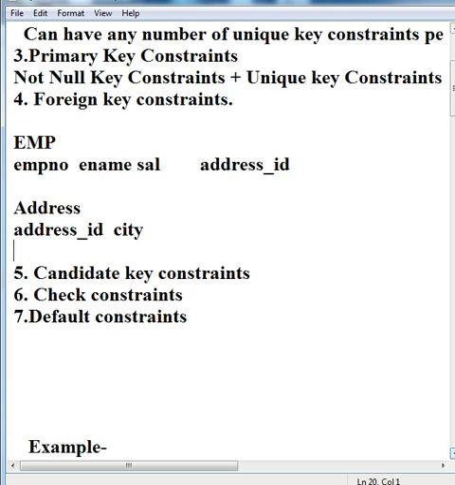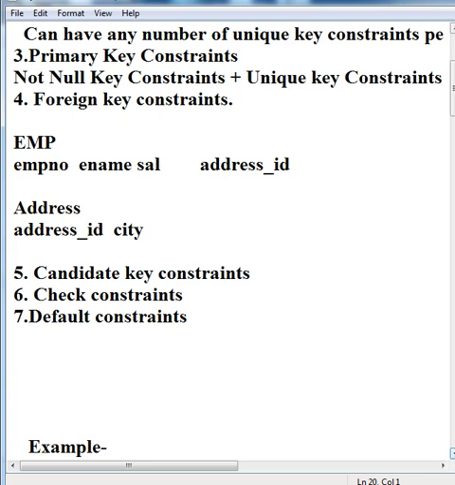What is a candidate key? Candidate keys are the keys which are capable of becoming a primary key in future, but right now they are not used as the primary key. In one table we can make only one column the primary key. We can make only one field the primary key, and we can have only one primary key in a table.